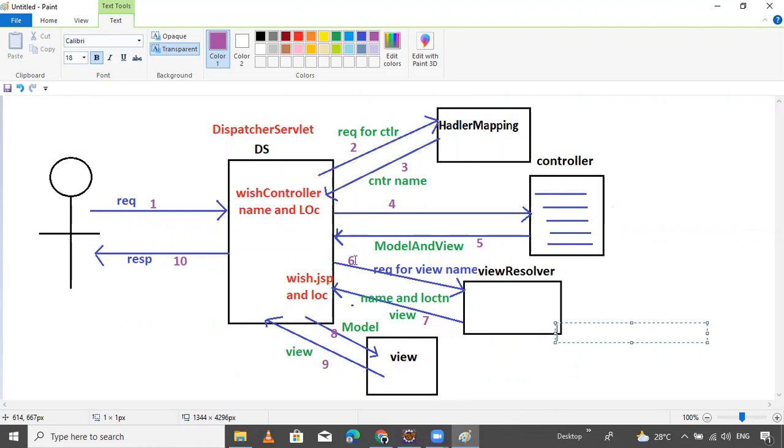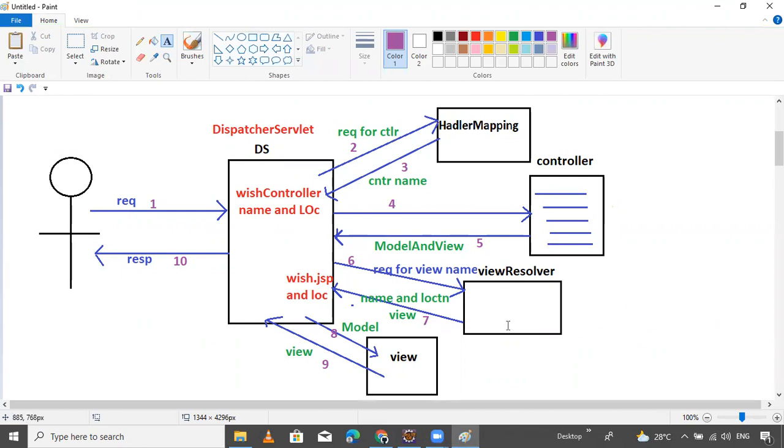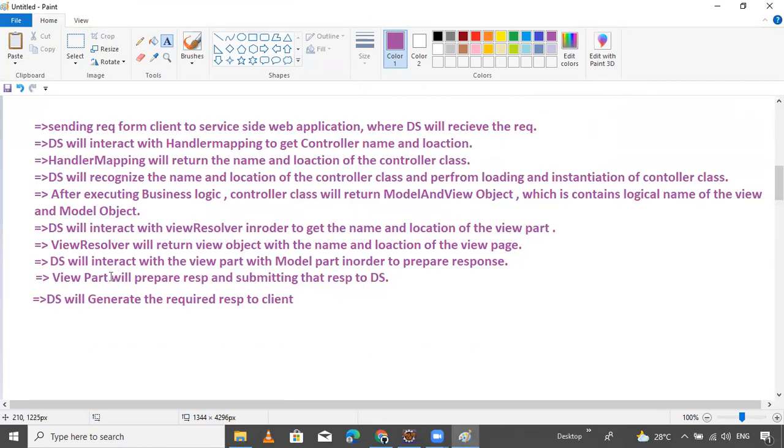For getting the name and location of the view part. This is the only reason to interact with the view resolver. That's it.